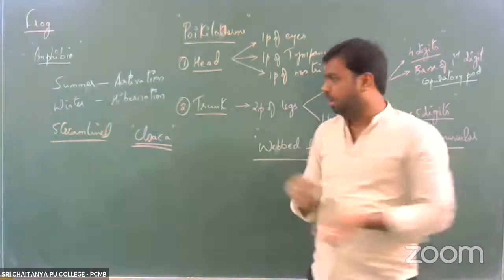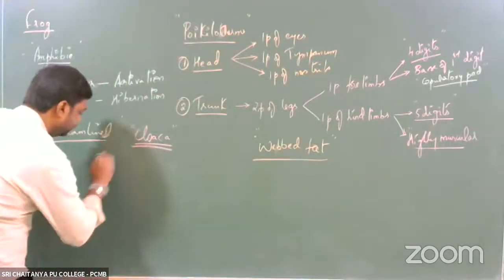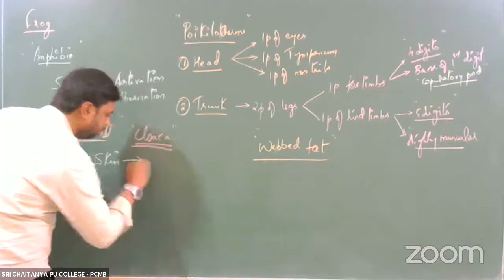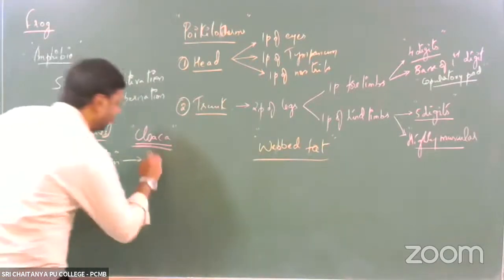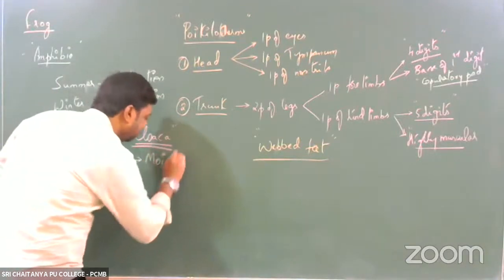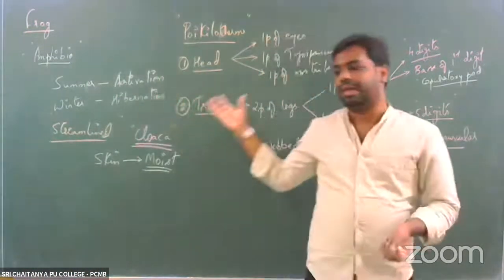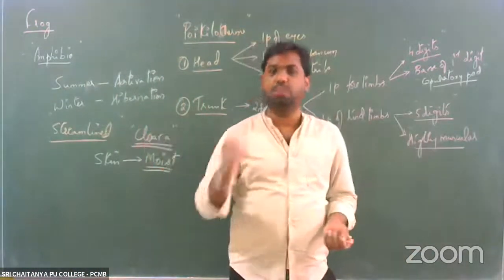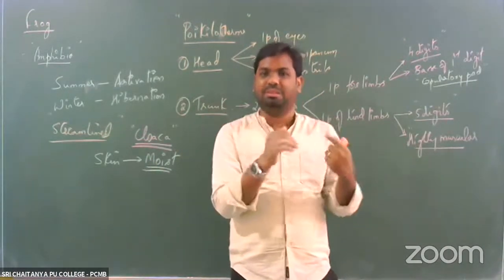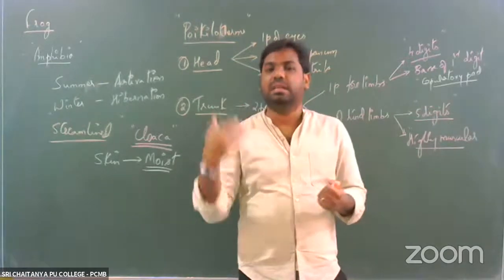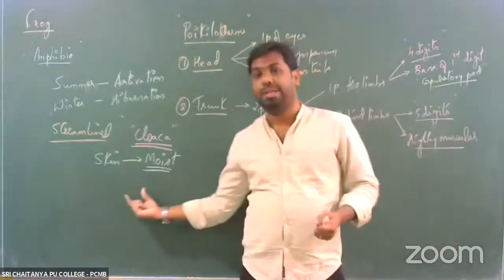One more important thing here is with regard to the skin of this organism. Talking about the skin, there are 2 things you need to remember in the case of the frog. Number 1, the skin of the frog is always moist. How exactly is it maintained moist? It is because of the mucus glands present throughout the skin. The mucus glands constantly secrete mucus, as a result of which the entire body of this organism remains moist.